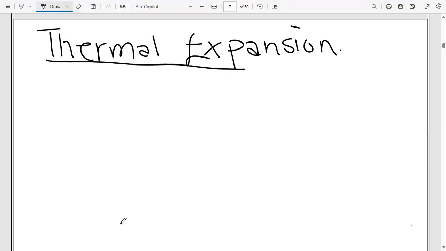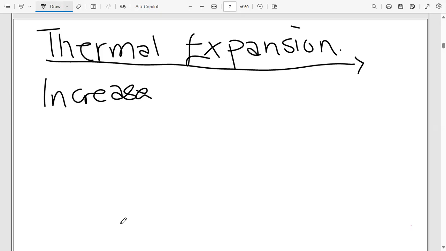Thermal expansion. And what does this mean? Using this statement already, you can tell this is expansion that is being related to what? Being related to heat. And what does that mean? That means there is an increase in dimension of a substance